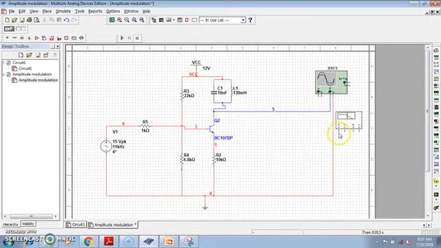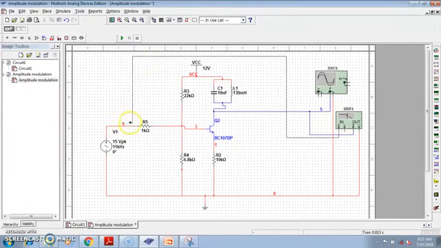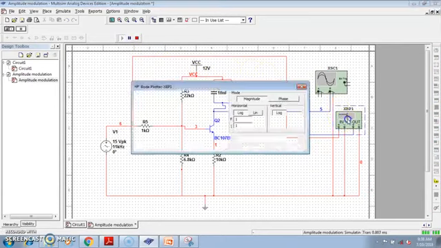Take it, connect the output channel with the output. Here we are taking the output, and connect the negative terminal of the output to the ground, and connect the input terminal of the Bode plotter to the input side. Obviously connect here and connect the negative port of the input side to the ground. So this will give us the Bode plot. Now if we run the simulation, see what the Bode plot is.